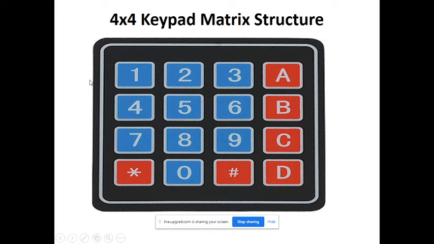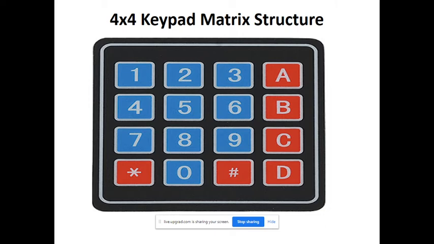Now suppose I just press 51. For example, I am pressing 51. In that situation, the controller doesn't know which key got pressed. It just knows that one of the keys got detected or pressed. Then the next task is that we want to identify which key got pressed, and for that, what is the role of the controller?